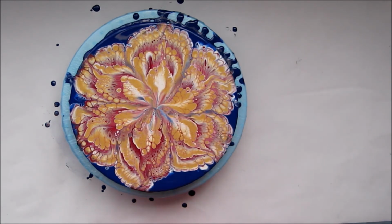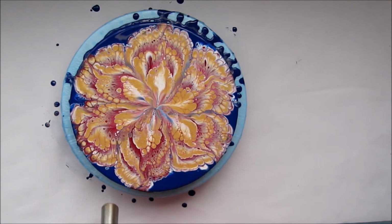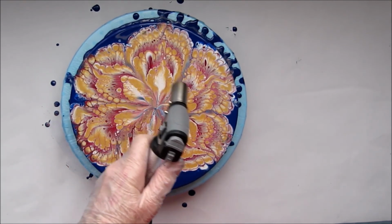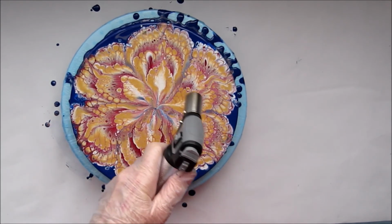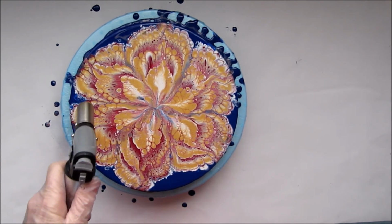I'm loving the colours. So I'm going to see now how many cells I can actually bring up because of the pouring medium with my dimethicone in it that I've got in the white. There's not many coming through. There's a lot of bubbles being popped, but oh, I'm so pleased with that. I probably could have got away with half the paint because there's still a lot of paint on here, but